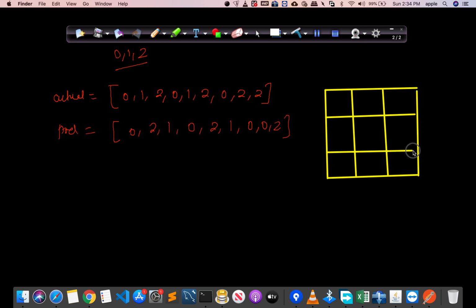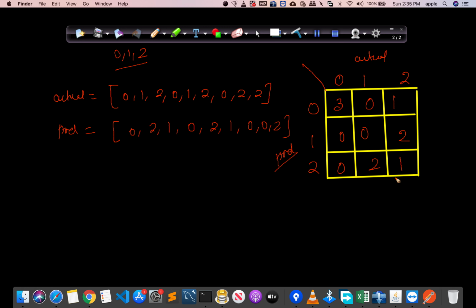Okay, so now we have this particular matrix, and this is the actual class, and this is the predicted one, or actual label and predicted label. So after calculation, now you will get this one. And this is it.